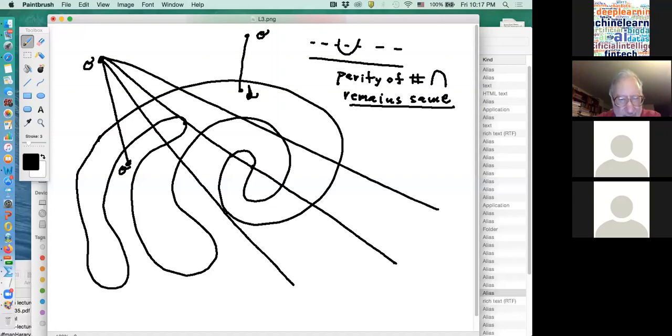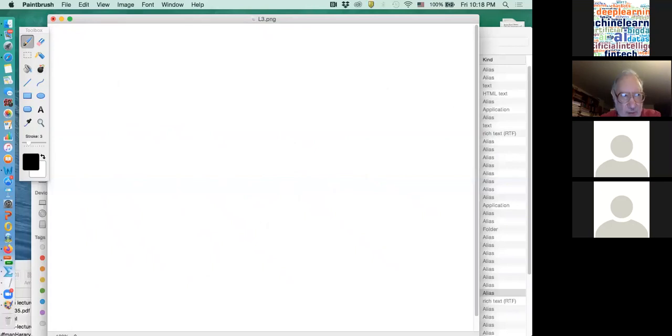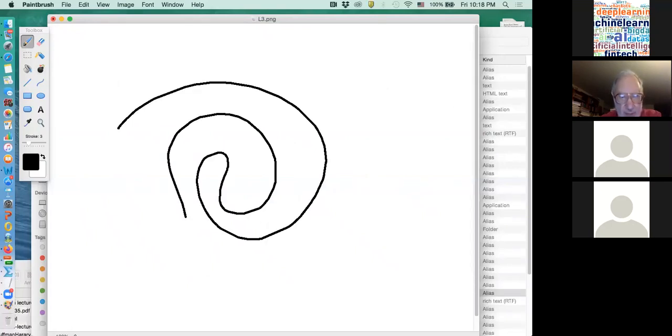So I can assign a parity to every point in the plane that's not on the curve. And I call all the ones that are odd the outside, and all the ones that are even the inside. But now I need to do a bit of work, because what I want to show is